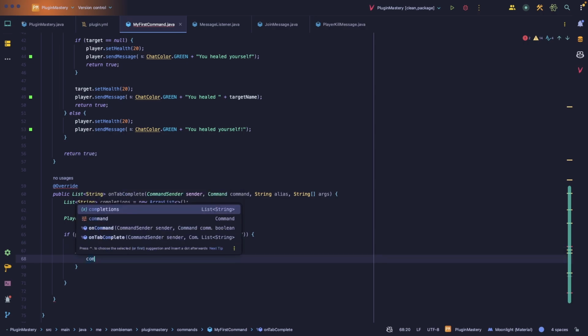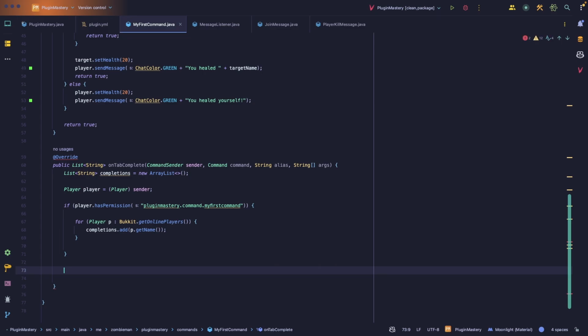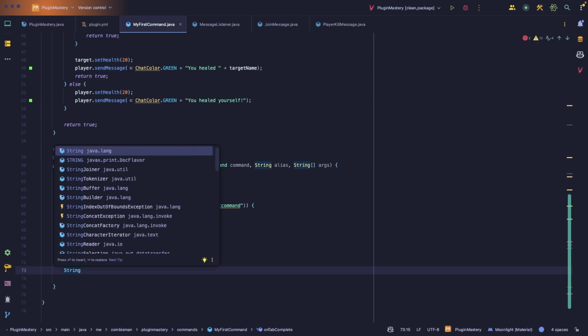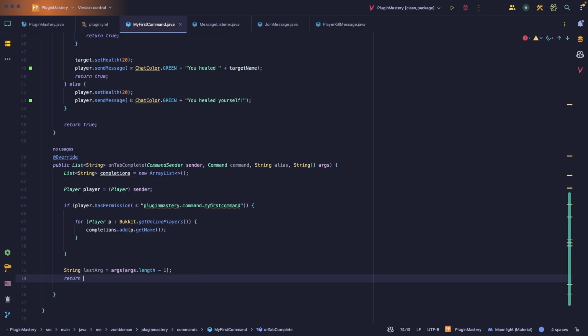And then we can add completions with add, and this is the list up here, p.getName. So this right here, we loop through all the players. Then we add the name of the player to our completions. Okay, so now we put right here, we go String lastArg equals args.length - 1. Might not make sense, but I will explain in just a second. Then here we do return